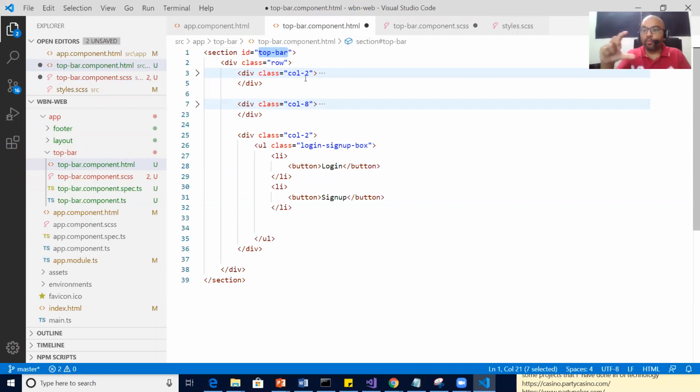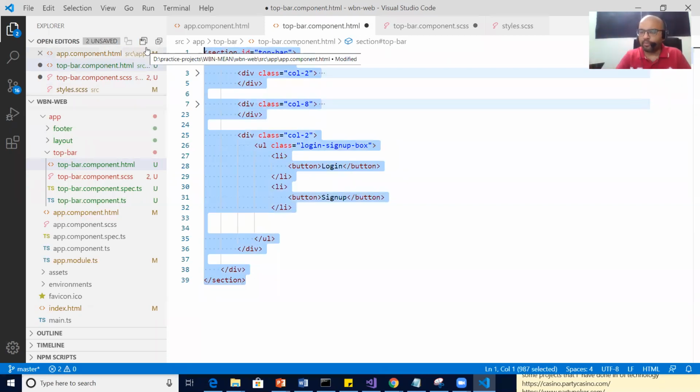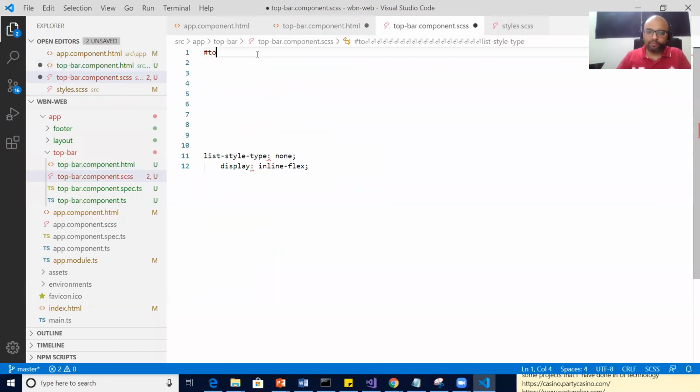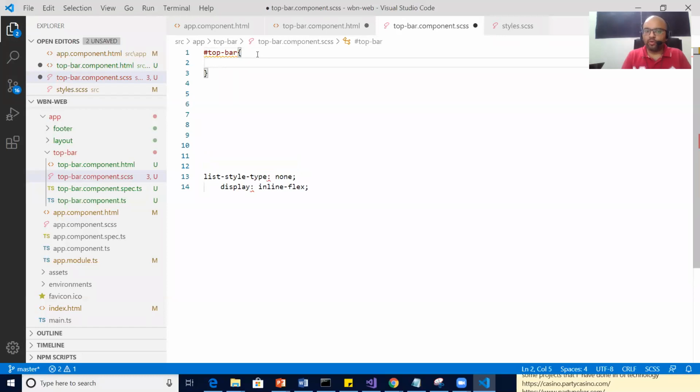We call it component styling. Okay. Please pay attention here. This is the very important part I'm telling you. We call it component styling. Component based styling. So this is my one component, right? One section means one component. This is my component, and ID of my component is top bar. So I am basically putting all the styles for my component. So I have curly braces open close. So top bar is the ID, so it should start from hash, correct? So I'm putting the styles for my component.